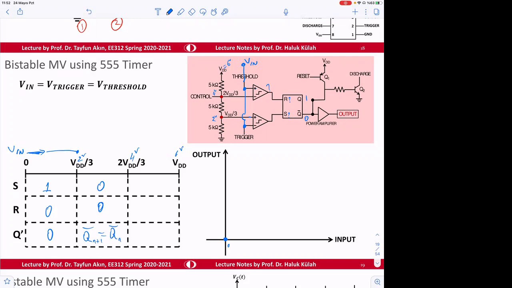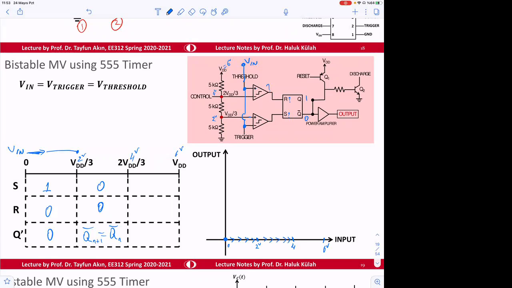The data will be stored and not change its value. So nothing will change in the circuit. When we keep increasing input, after 2 volt, nothing will change because the SR latch will keep its stored